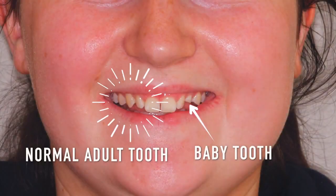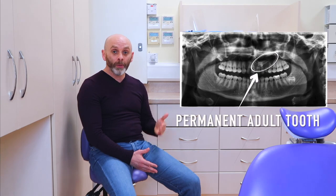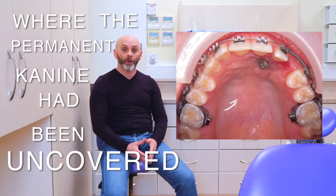This had become loose and worn, and Erica was unhappy about its appearance. You can also compare it to the appearance of the permanent canine or eye tooth on the opposite side. The x-ray revealed the retained baby tooth as well as the permanent canine or eye tooth that had been lodged in Erica's palate. The next photograph shows where the permanent canine had been uncovered with what we call a minimally